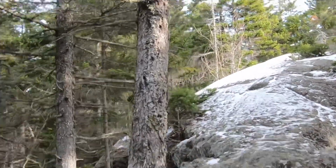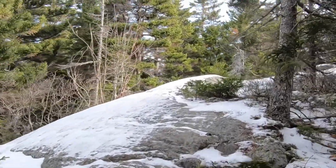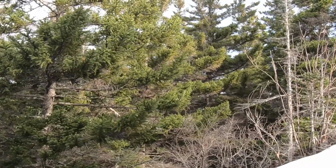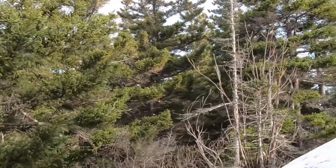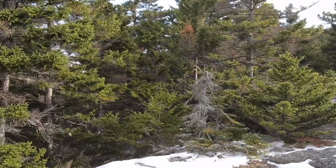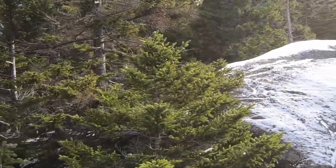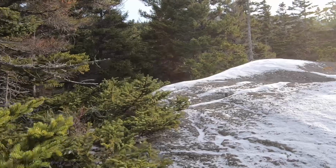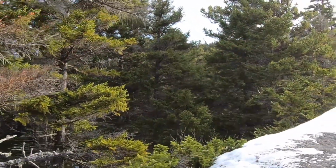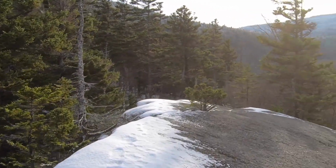And we're not wearing spikes yet. There's still a bit of exposed rock, but we're getting more into the snow, so we'll see how long we can go without spikes. Oh yeah, maybe up here. This is kind of cool. It's hard because my winter boots don't have the greatest traction. Okay, there's a better